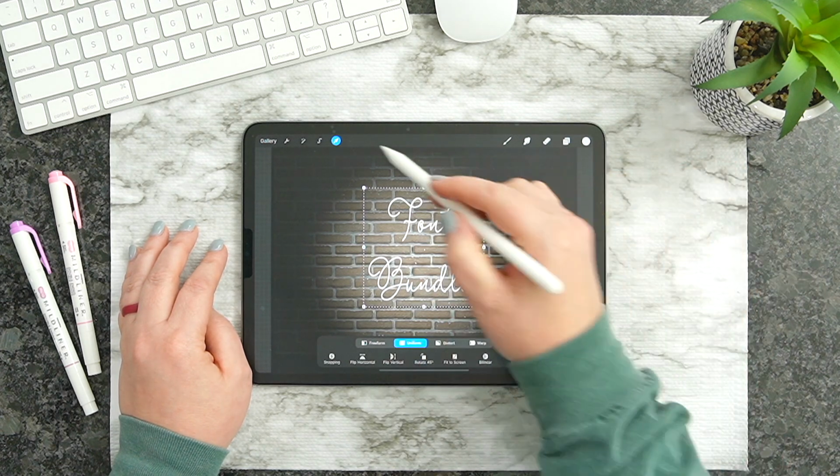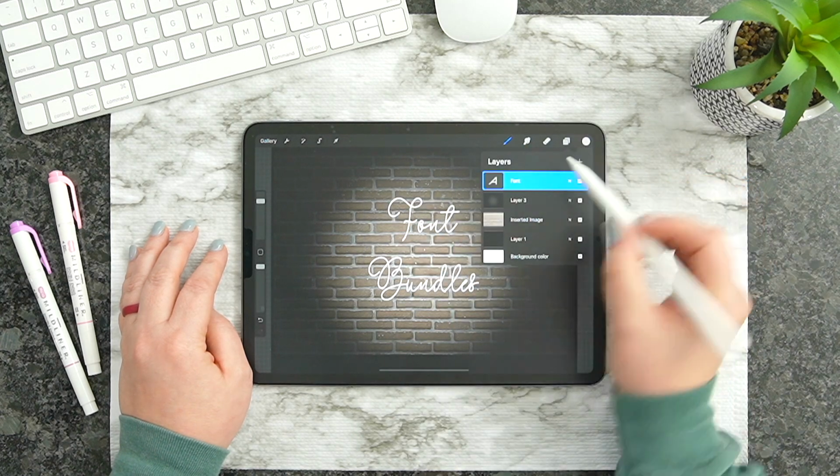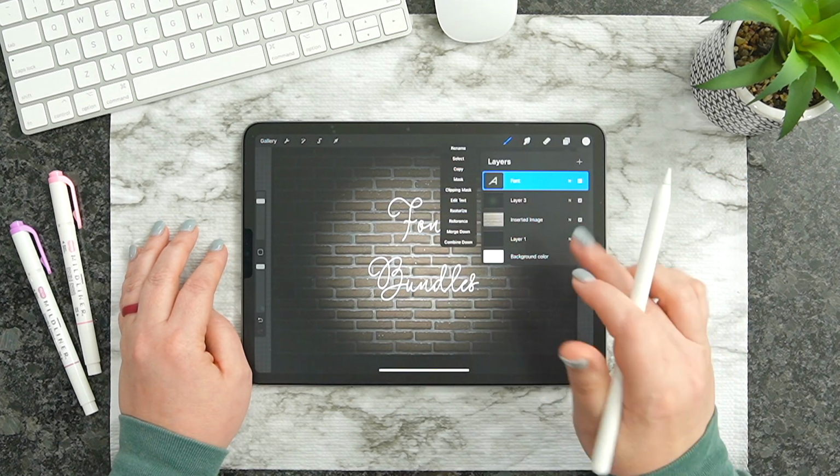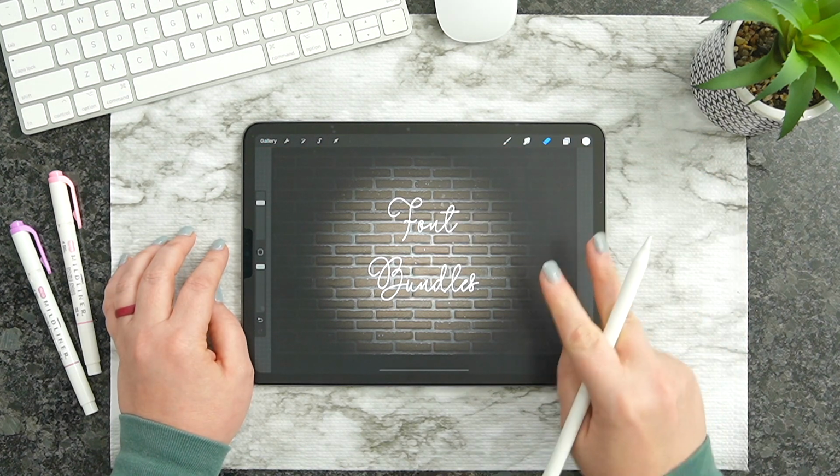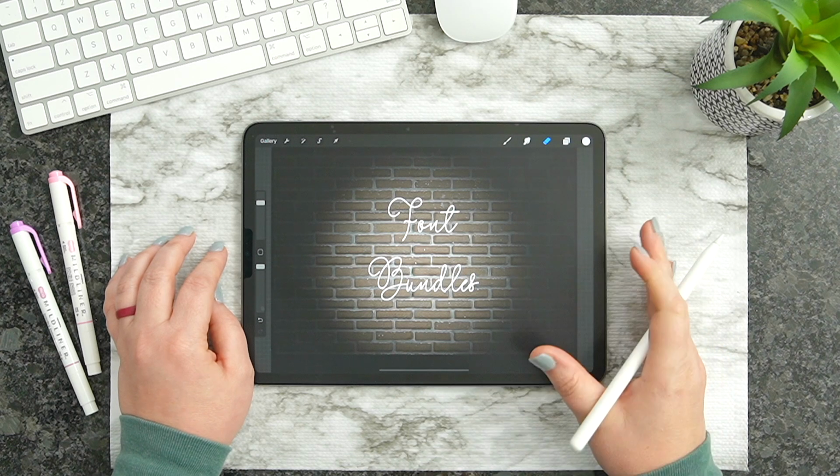So now what I want to do is come over here to my layers, click on the font. I'm going to click on it and click raster size. There is two different ways that we can do this, so I'm going to show you both of those today,